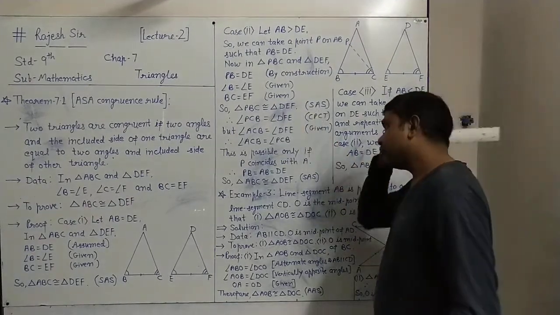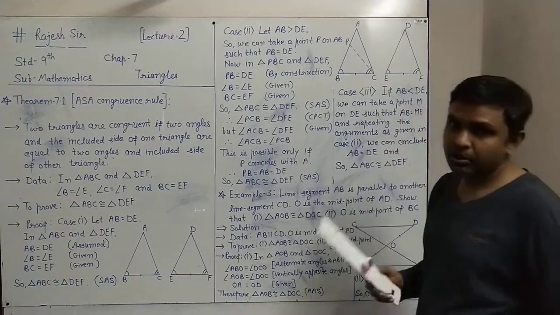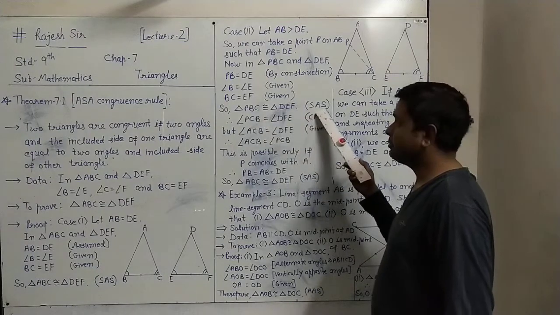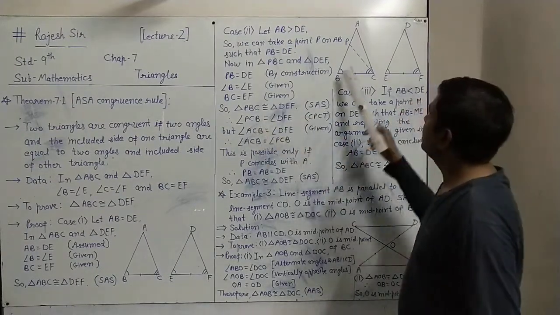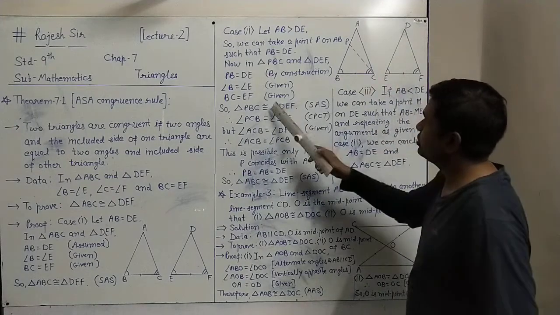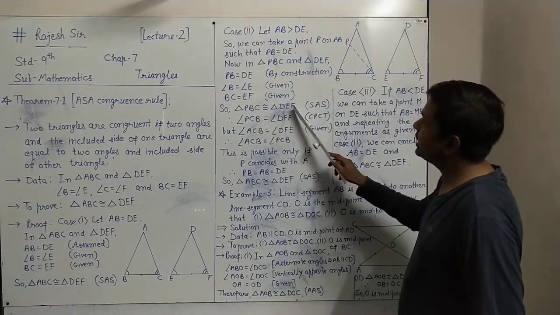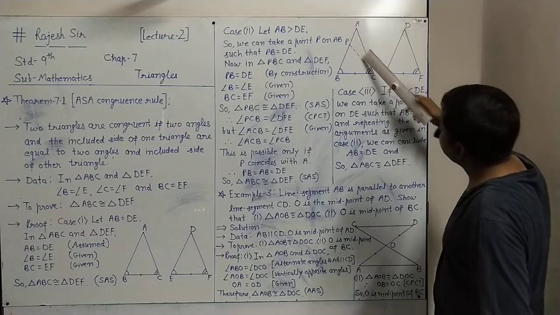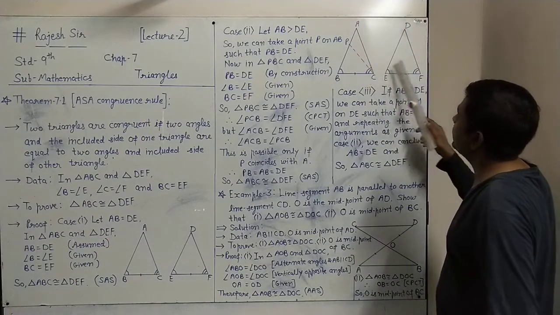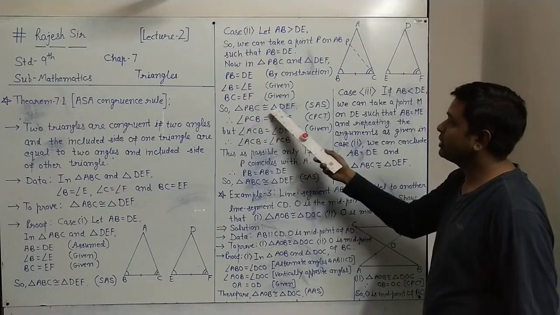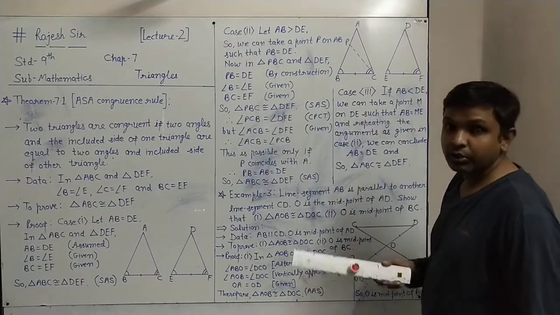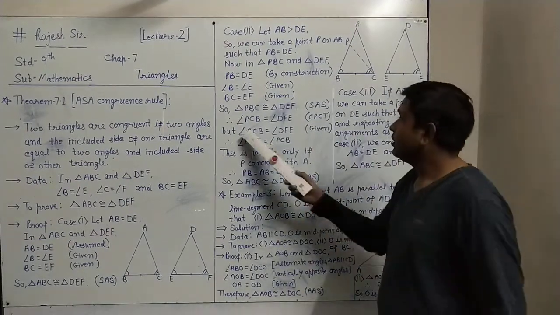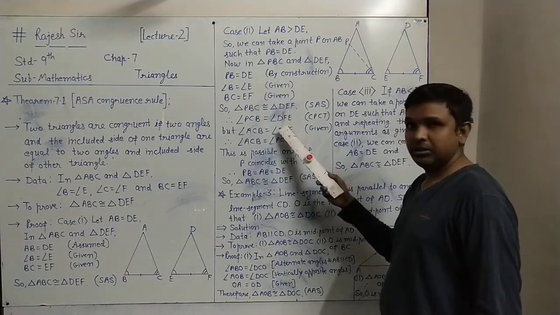Now, as we know, if two triangles are congruent, corresponding parts of congruent triangles are equal. Since PBC is congruent to DEF by SAS, we can show the third angle equals the third angle. What is the name of this third angle in triangle PBC? This angle: angle PCB equals angle DFE. The third angle is shown equal by CPCT, corresponding parts of congruent triangles. So we got PCB equals DFE from this.